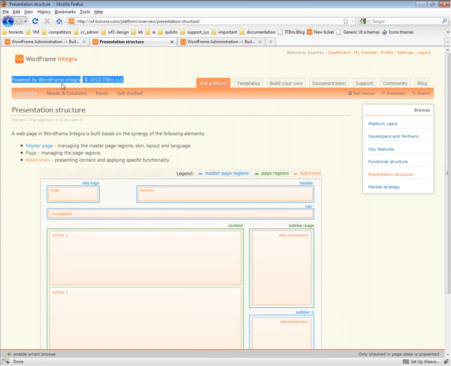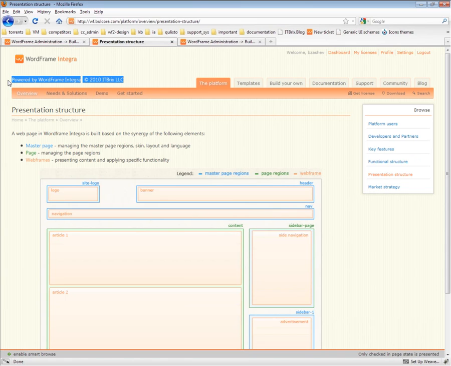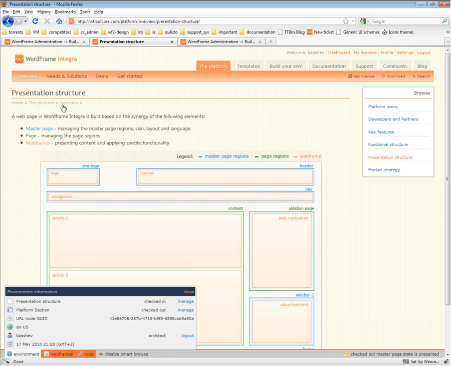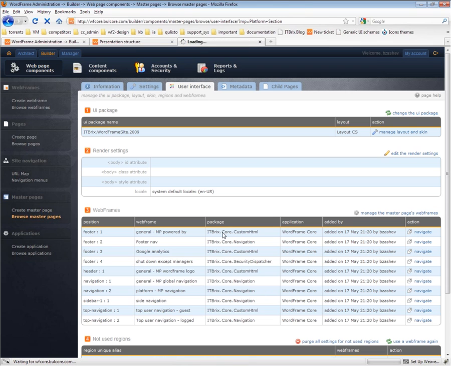You see the change in the text itself. I removed it, but because I didn't check in the page, the content is still presented to the visitors. And if I switch on the Smart Browse, the content is not there. So in this same way, I can change the layouts, I can change the colors, I can change everything on the page or the master page and review the result. And when I'm ready, I will hit, now you will see the change, just a second, I will hit the check-in